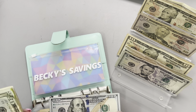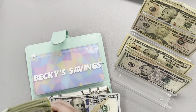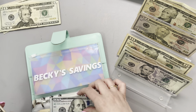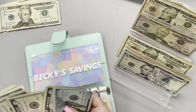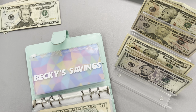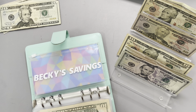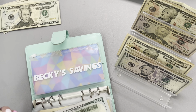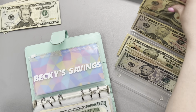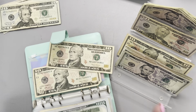That being said, I'm going to go ahead and 2, 4, 6, 8, 90, 95, 100. I'm going to take 100 out of there and change it for a $100 bill. And then that's going to bring it down a bit so that I can hopefully cash these in soon. And you know what? I'm going to cash them in for those 10s that I have here, so that we can put more towards our